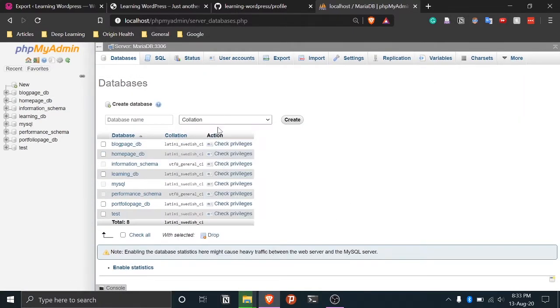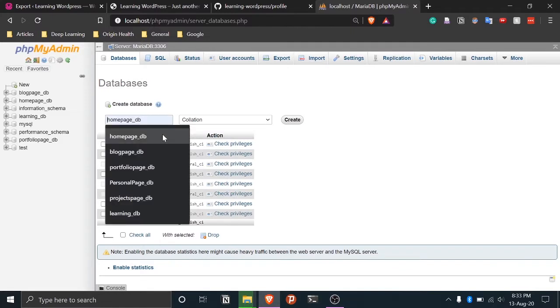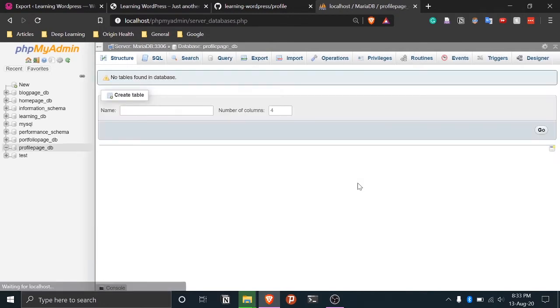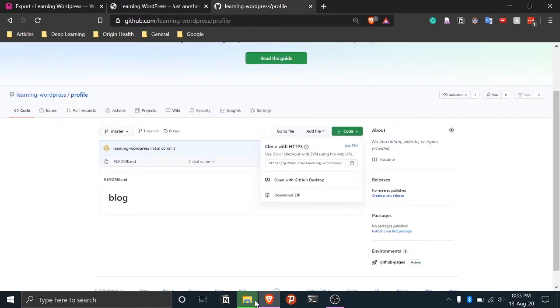For the database name, let's say we want to create it as profile_page_db. This underscore db is important. Then we do create. So this database has been created. Now we can close this and go back here.